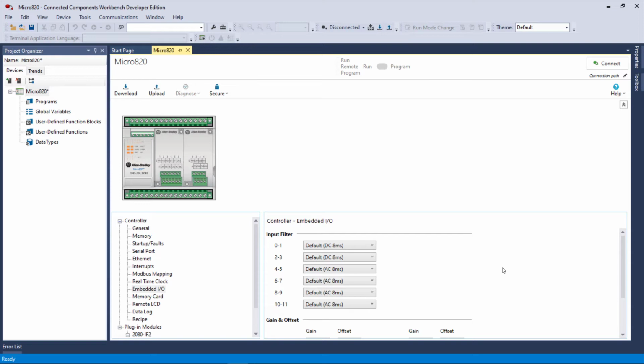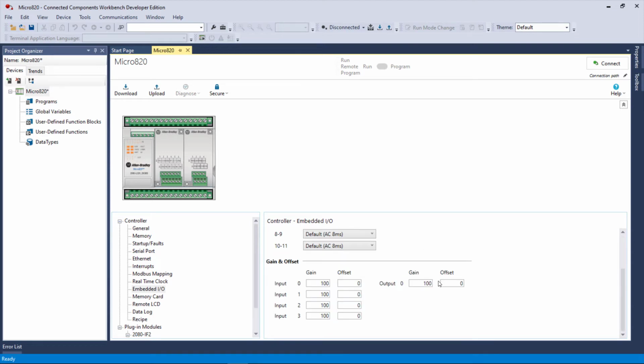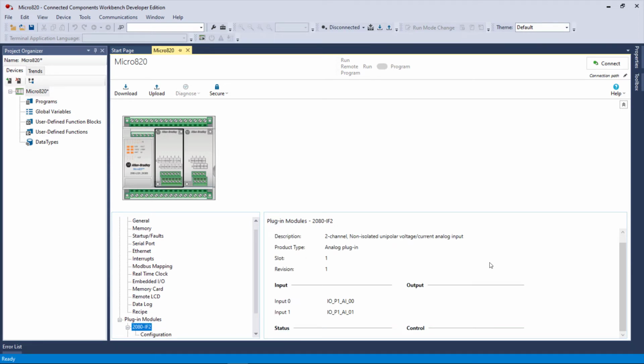You have 12 inputs. Remember, this is an LC20. And then you have gain and offset for input 0. These are your analog inputs. And this is for the embedded I/O, not the plug-in modules. If we go down and pick the input, analog input module,